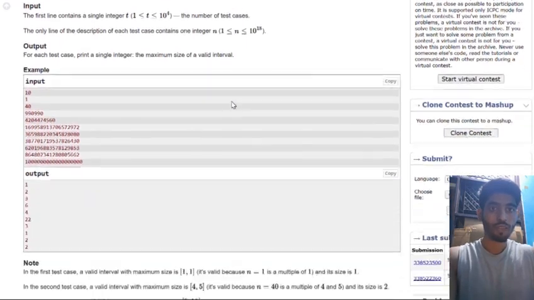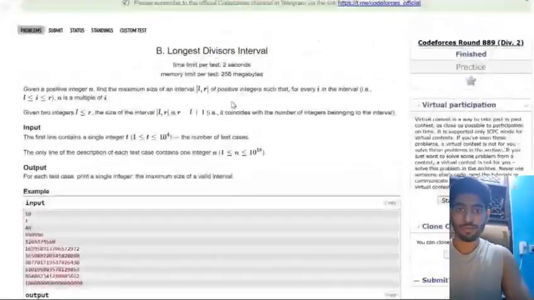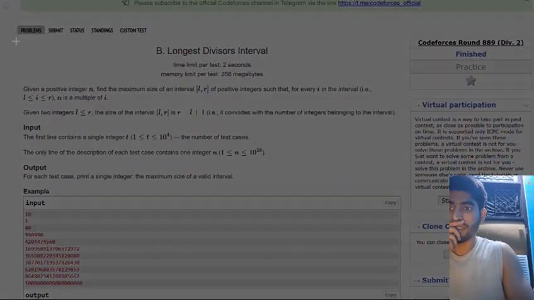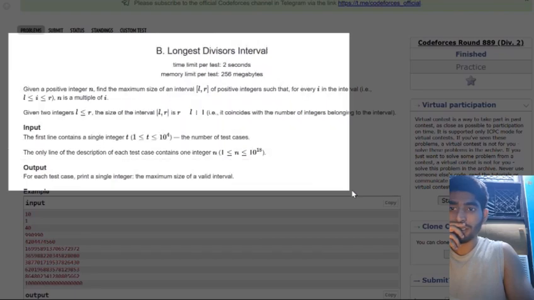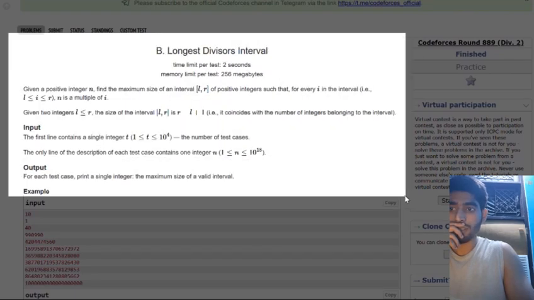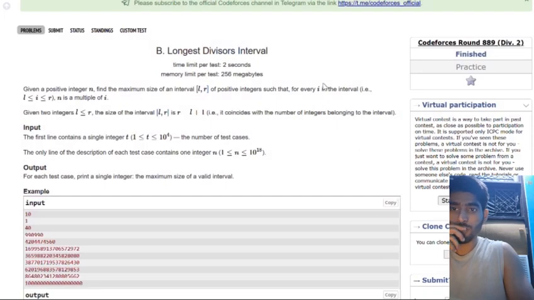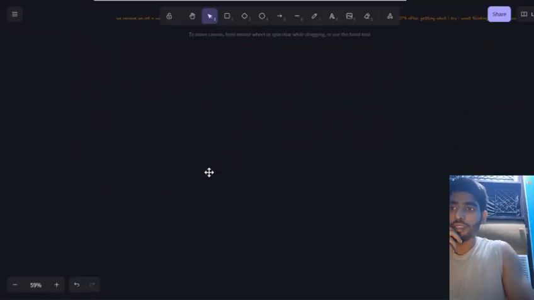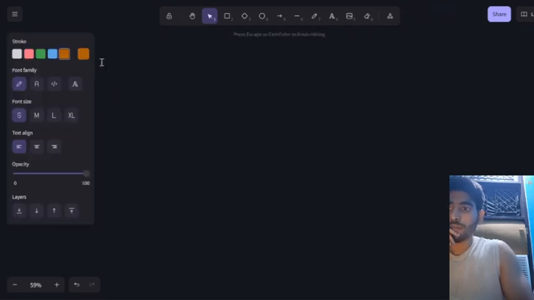So the question is, we are given a positive integer. First we read the question and then analyze its time complexity. After that, we try to find an optimal solution which can be accepted. Okay. So here we receive a positive integer